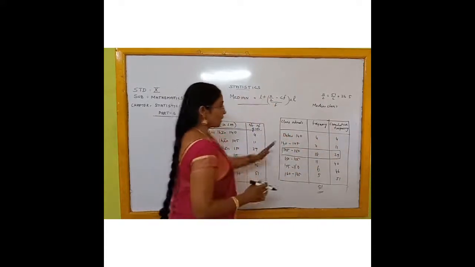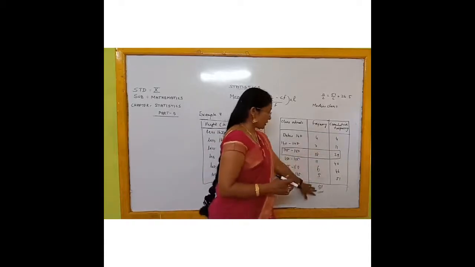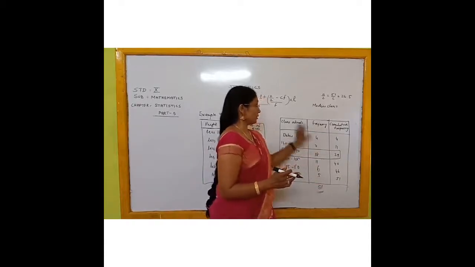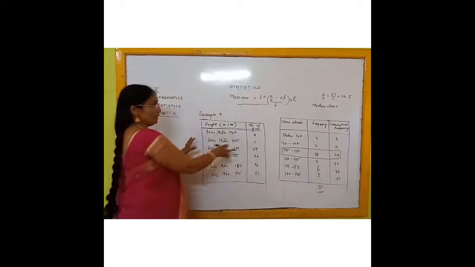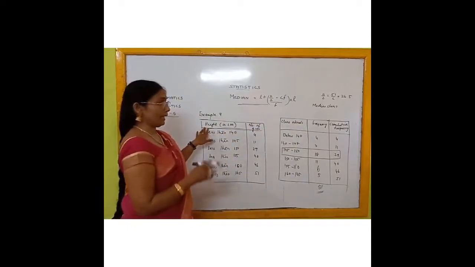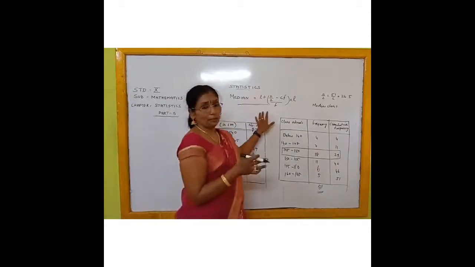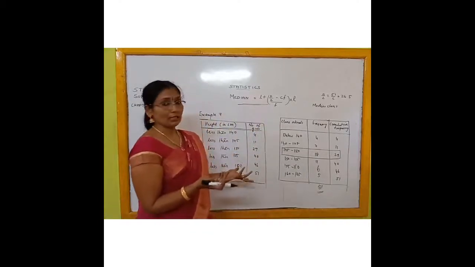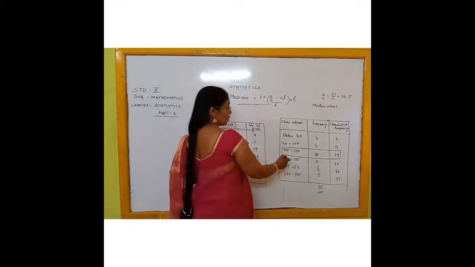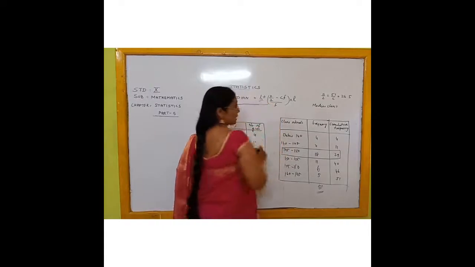Once more, you check whether it is correct or not. Then frequency, you already got that: 51 students. Heights is given. Number of girls 51 and heights is given. Now you have to find out the median. So the median formula is there with us. Now you can do the remaining yourself, because where the median class lies, that is the only thing you have to find out.